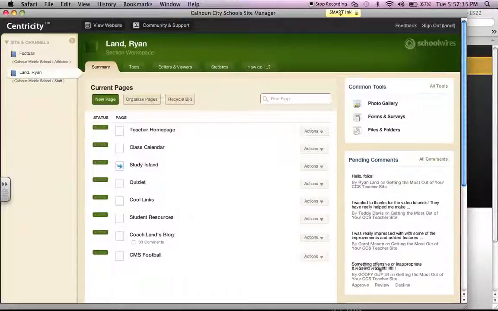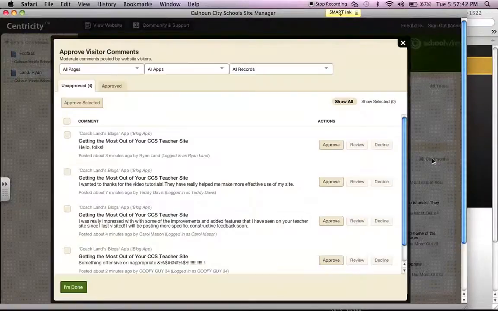If it fills up this area, you may choose to click all comments, which will display all those that are awaiting approval or disapproval. Here I have created several samples of ones that may need to be approved or disapproved. For example, you can preview the post here and it will display in green which particular post or blog the comment is for, and below that in regular black text it will display the post